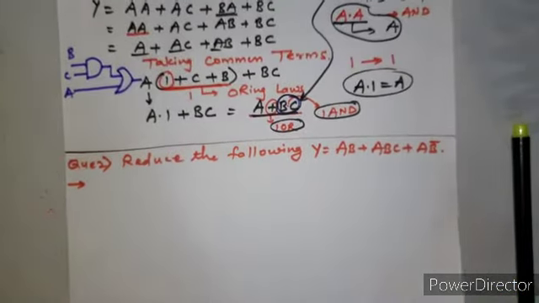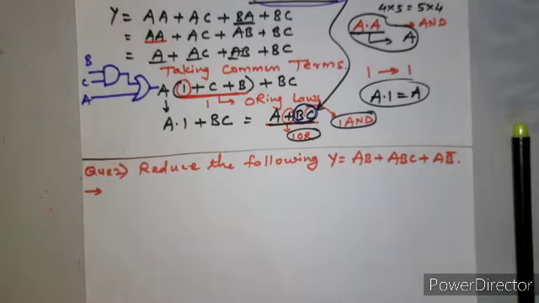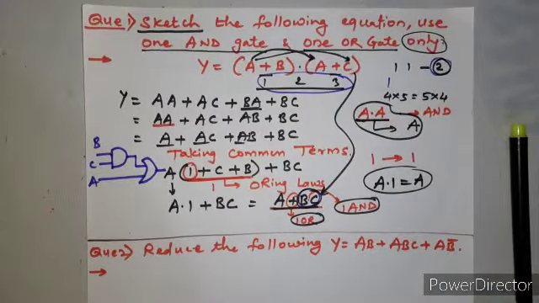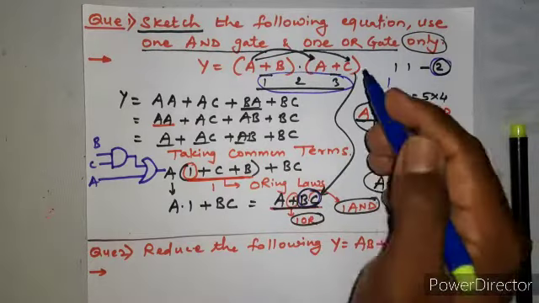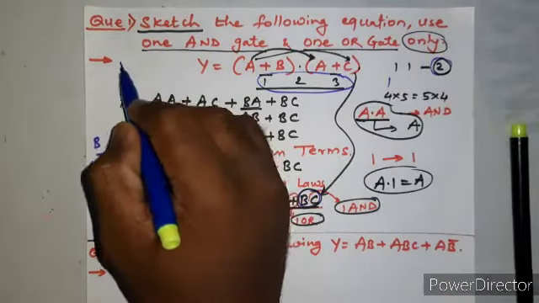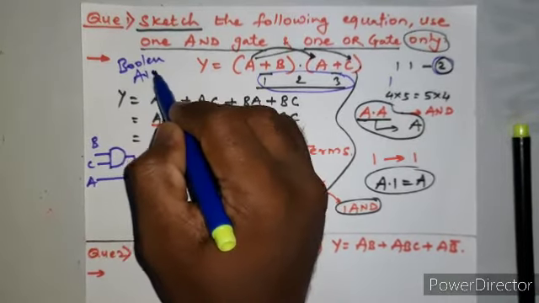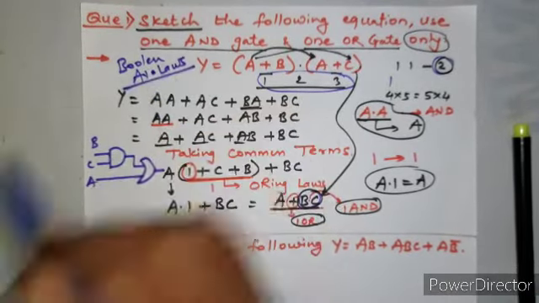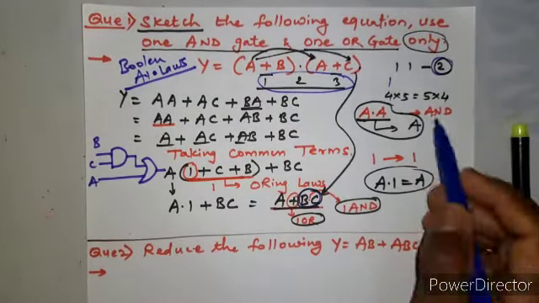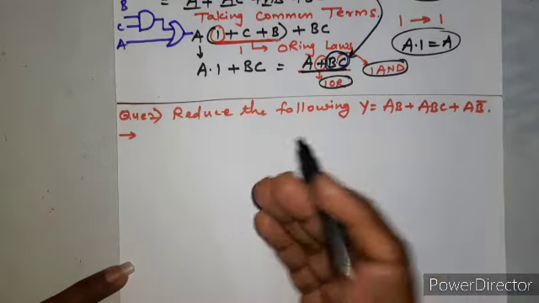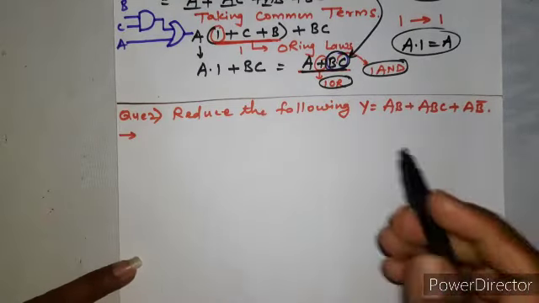So in this fashion, we can just go on reducing the given circuit. I hope this example is clear for you. While reducing this, we are going to use these Boolean algebra laws. So I have just reduced it with the help of different laws here. I will try to go for the next example, where it is simply asked to reduce.